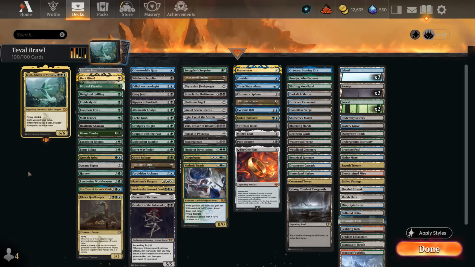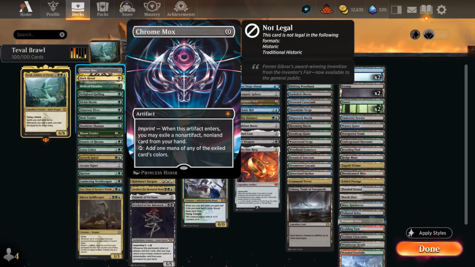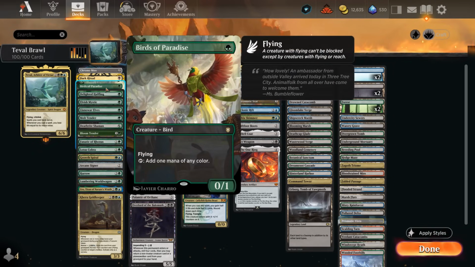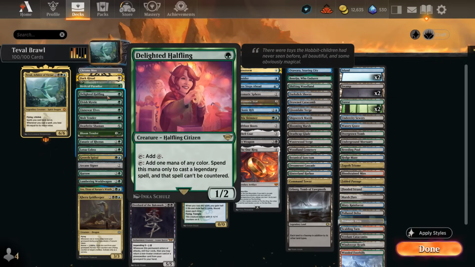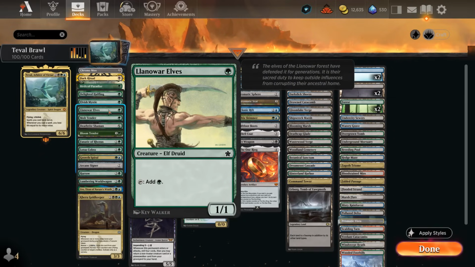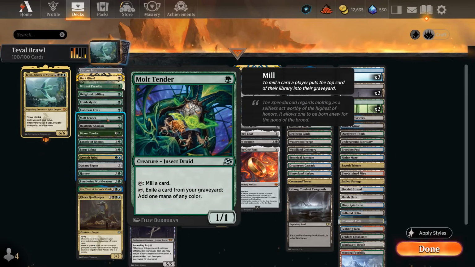Now for the deep dive, starting with our mana acceleration, we've got some pretty broken cards here with Chrome Mox and Dark Ritual, leading to some explosive starts, maybe play our Teval on turn 2 thanks to a Dark Ritual. And then we've got plenty of mana creatures, Birds of Paradise, Halfling, making Teval uncounterable is also relevant. Then there's Elvish Mystic and Helena Elves, and then Molt Tender is also pretty good in a deck that's actively